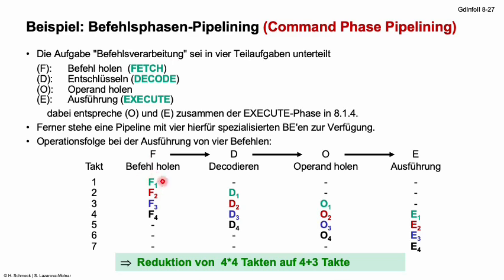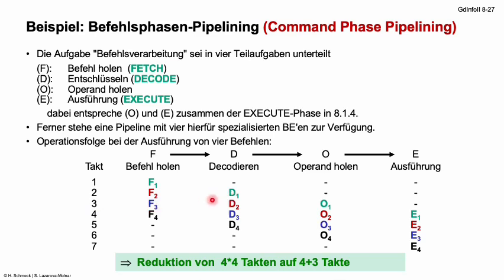So once we have fetched the instruction, it goes to get decoded, but another processing unit is responsible for it. So this first processing unit becomes available. At the next clock signal, the first processing unit starts to fetch the second instruction because it is free, and this one is being decoded. So in the next clock cycle, it goes